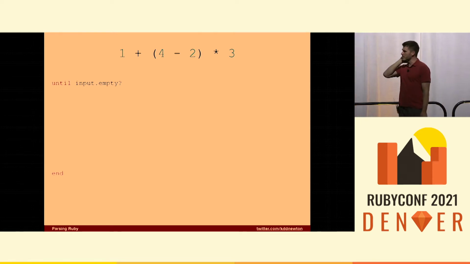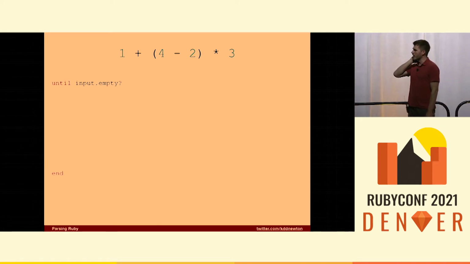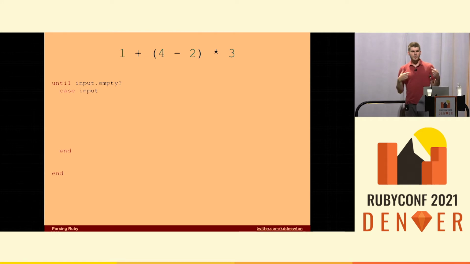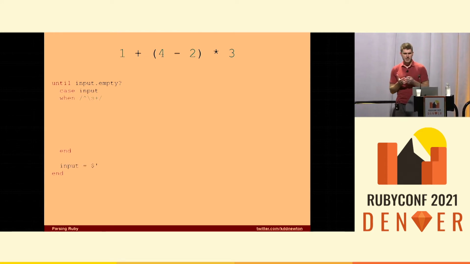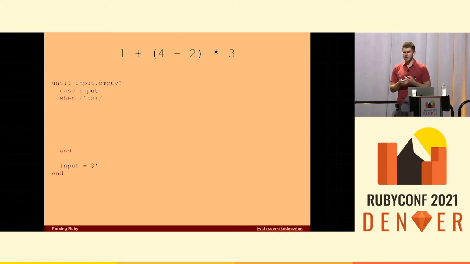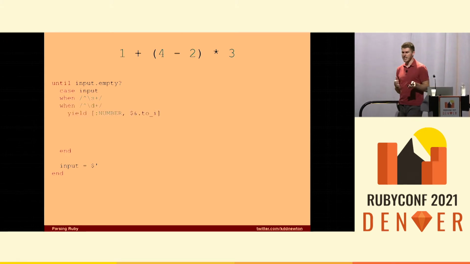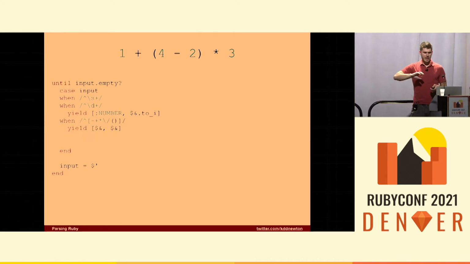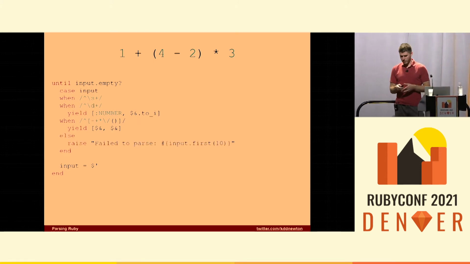We're going to say until the input string is empty, we are going to switch over the input. We're going to skip over white space. And the little $ apostrophe there means skip over the last match. We're going to take our numbers, anything that matches that regex, and we're going to yield out a number token. Same thing with these operators. We're going to yield out that operator token. That $ampersand means take the last matched string. And finally, we're going to throw a parse error if we don't understand any remaining syntax.